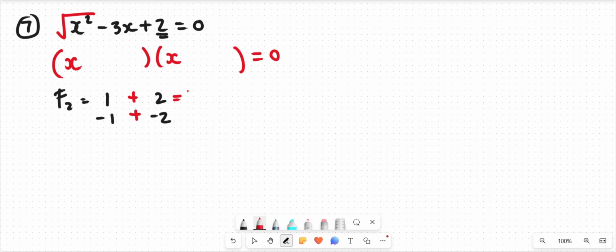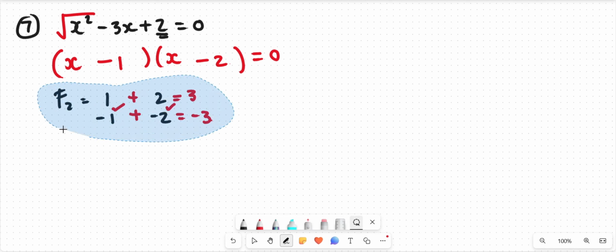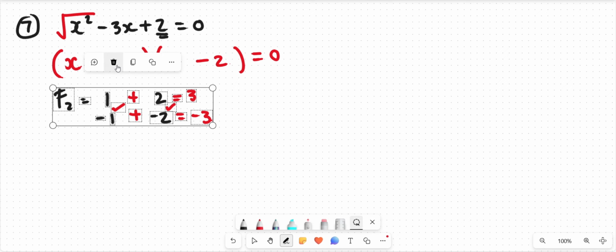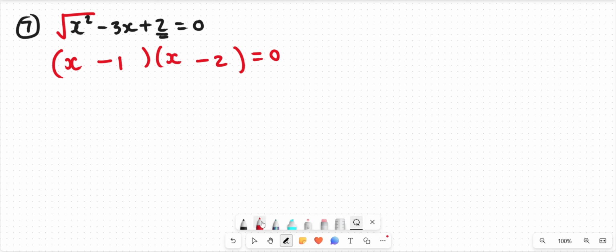So the top one gives me a positive 3. The bottom one gives me a negative 3. So those are the factors that I want to put inside of my bracket. A negative 1 there and a negative 2 in the second bracket. So now that I've established what my factors are and I've gotten my 2 brackets, I can therefore use that